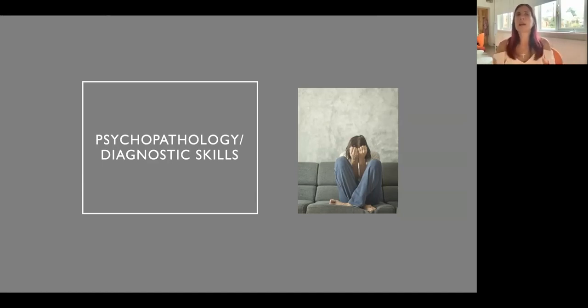How do we understand when somebody's sat in front of us demonstrating that they're in distress? How do we make sense of that? And that's what psychopathology is asking you. And there is definitely more than one way of answering it. And some of the traps are that people only think of the medical model, or if you are in an IAPT service, you think about that, and that's fine, it is a model, but there are lots of others.